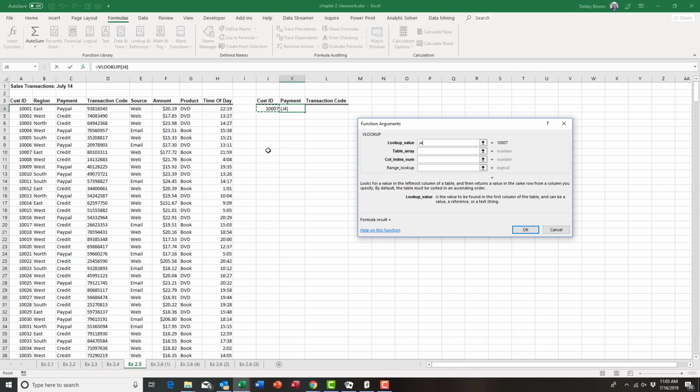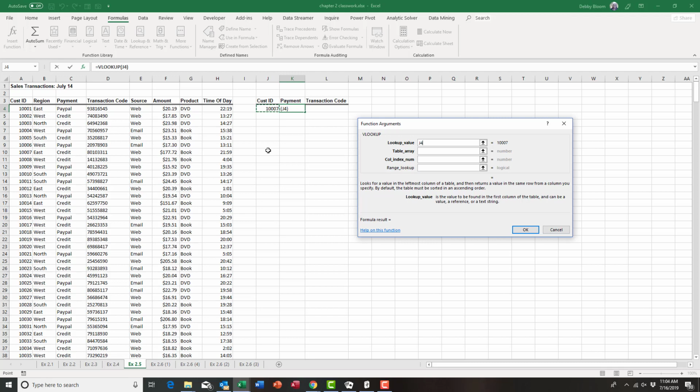In the book, they just typed the number 1007 in the lookup value, but this is superior because typing 1007 in the lookup value means that you would have to edit the formula to look up another customer ID. In this case, by putting the customer ID in cell J4, we can simply just type another customer ID and